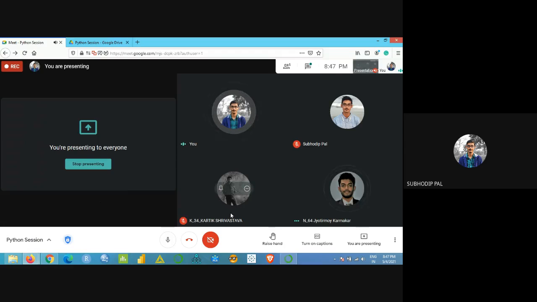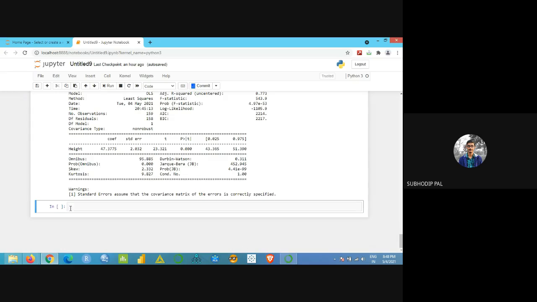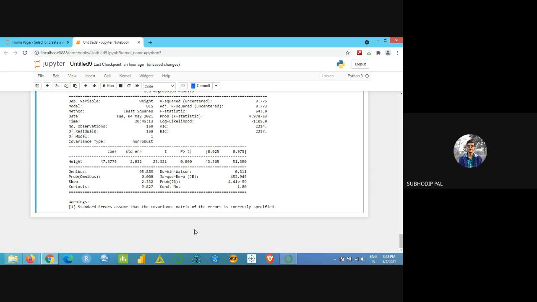Okay, that's it. And I'll be sharing this. You can download it. I'll also show how to download it. Whatever you have run the code here. One more thing: suppose I have this extra input bar, and I don't want it because I have done my coding till here. How to delete it? Whenever you click inside, it shows green. Click outside, it will show blue. So just click outside and press D D, two times. It's deleted.